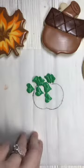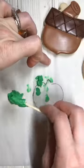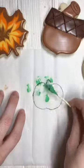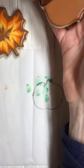All right. I actually cut my bag a little big. I did exactly what I told you not to do, but it's not detrimental. I'll still be able to do my leaf. However, if you have a little bit more time, like when I leave y'all, you can transfer it to a different bag if you need it to be a little smaller. So practice on your parchment paper first,